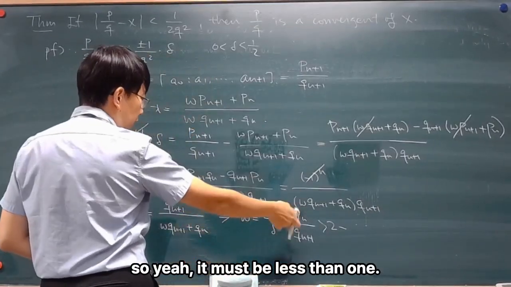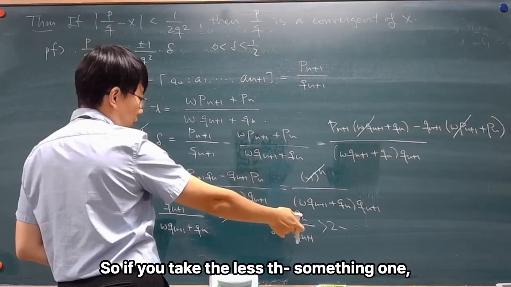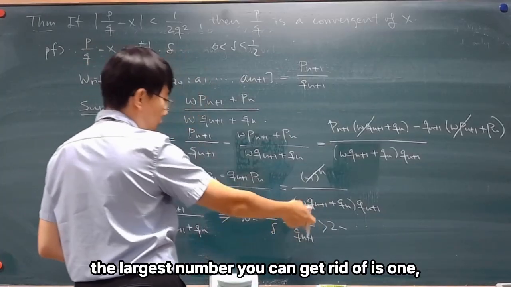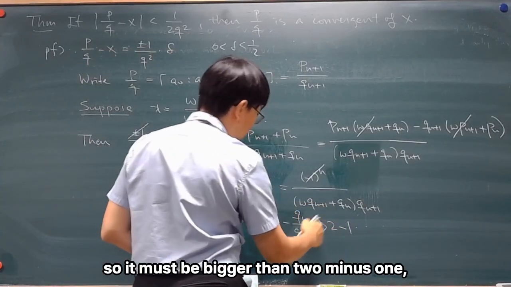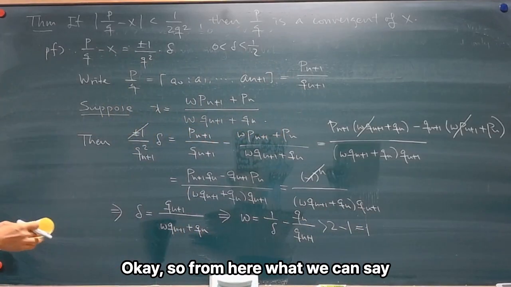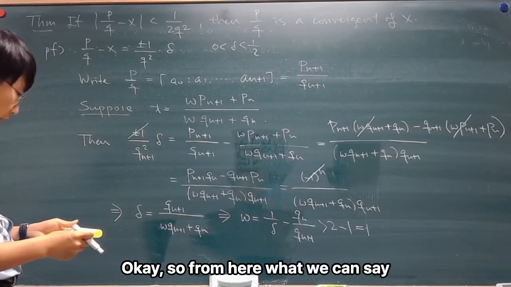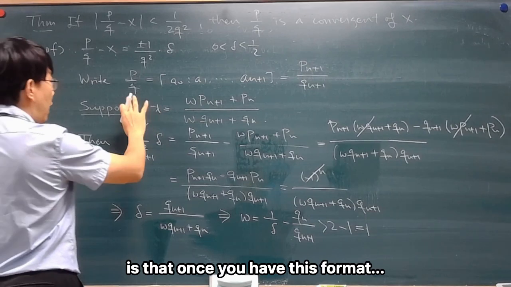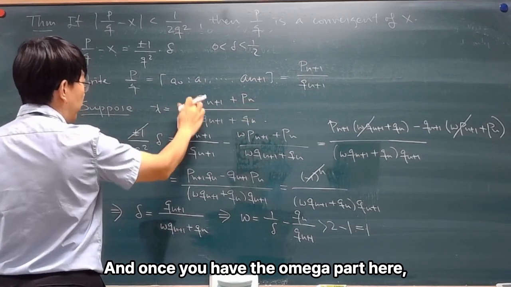So yeah, it must be less than 1. If you take something less than 1, the largest number you can get rid of is 1. So it must be bigger than 2 minus 1, so it's bigger than 1. Okay, so from here, what you can say is that once you have this format,